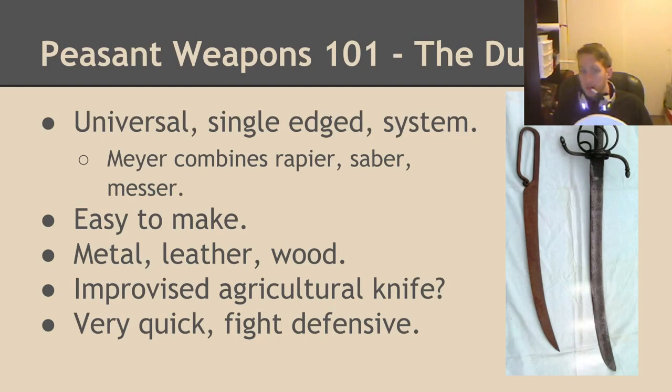These weapons are super light, super quick, and super brutal. So just be extra defensive when you find someone with a Dusek. I think that's what Mare's point was. Again, this is around the scope of how do we deal with peasants revolting. So just be sure to fight as defensively as possible, and beware what's called an aftercut, where I